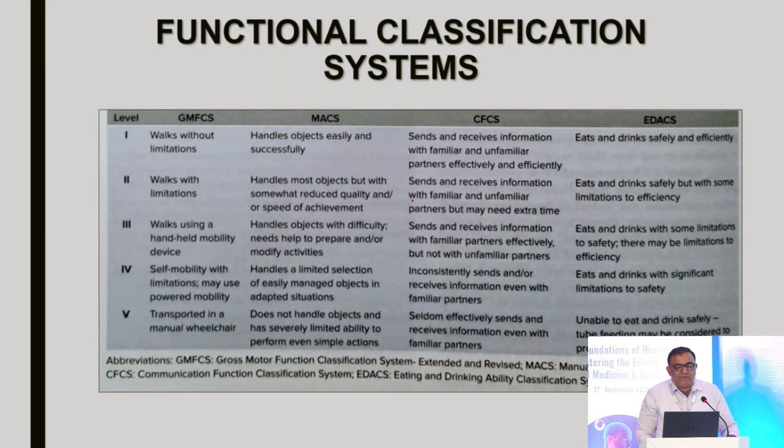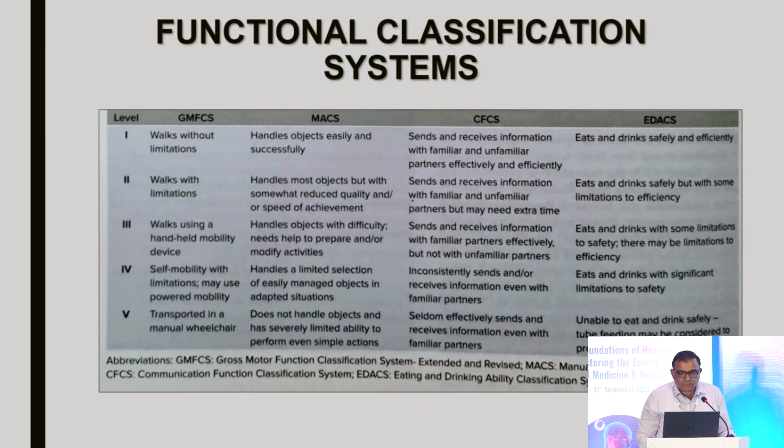Again, there are functional classification systems. There are many, but the four commonly used to assess mobility, hand function, communication, and eating and drinking are, first, the GMFCS, the Gross Motor Function Classification System, which we all know. For upper limb assessment, we have the Manual Ability Classification System. For communication, we have the Communication Function Classification System. And for eating and drinking, we have the Eating and Drinking Ability Classification System. All these scales rate the child from 1 to 5. They help us know the severity of the functional impairments and also help us in explaining the prognosis to